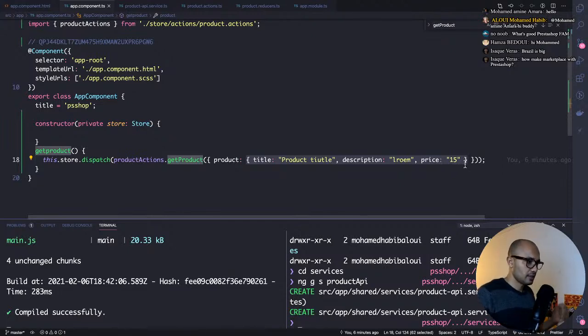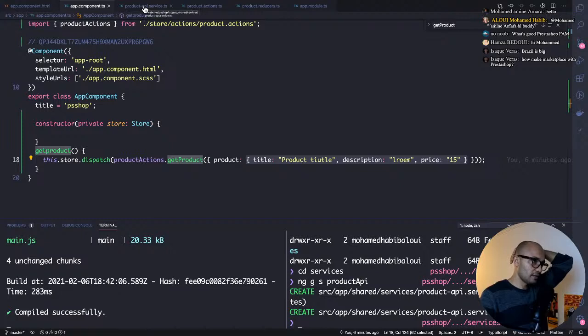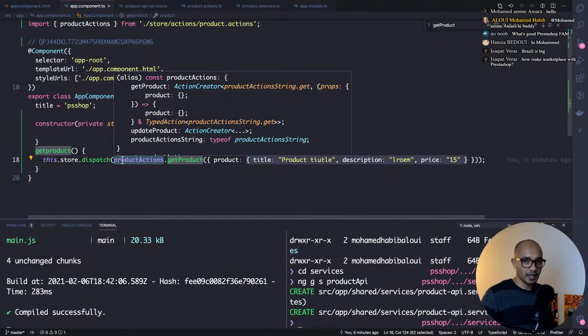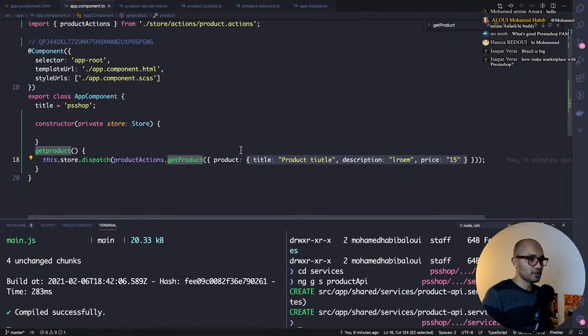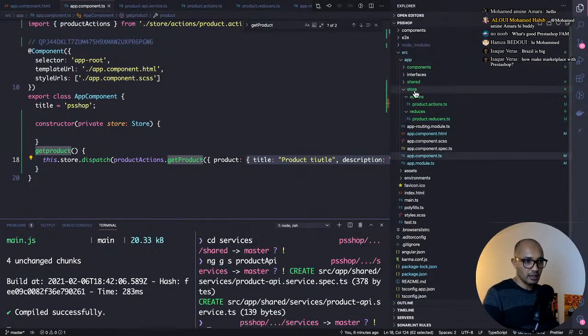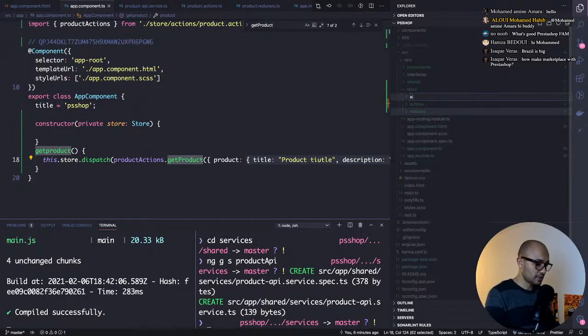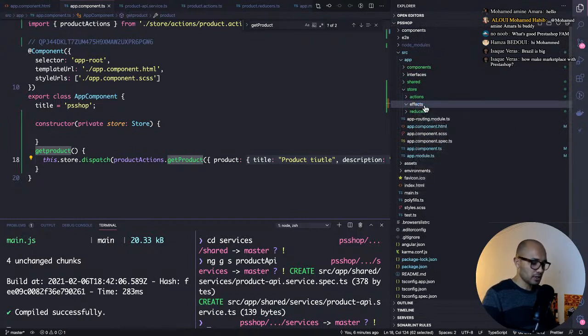Okay, wait a second. And the dispatcher here will receive that action. So basically this action will be intercepted by an effect that will get the ID, query the web service, and update the state. So this call will basically go through an effect instead of a reducer. And here, I'll go ahead and create a new directory and call this effects. And I call this